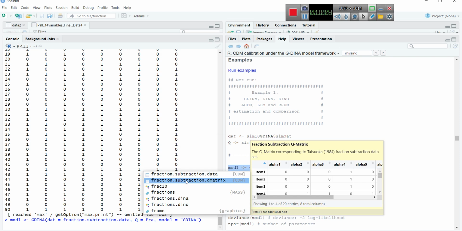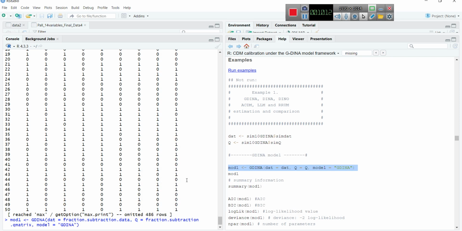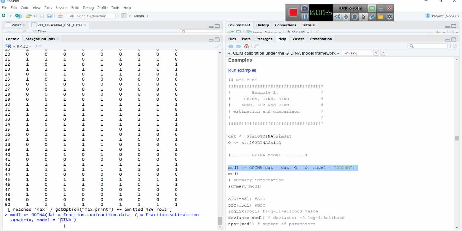The Q matrix, the fraction subtraction Q matrix, as we explained before in our previous video about using the CDM package of R to do the cognitive diagnosis modeling. And the first model is actually the GDINA model. So our syntax for running the first model in the GDINA package via the GDINA function of that package